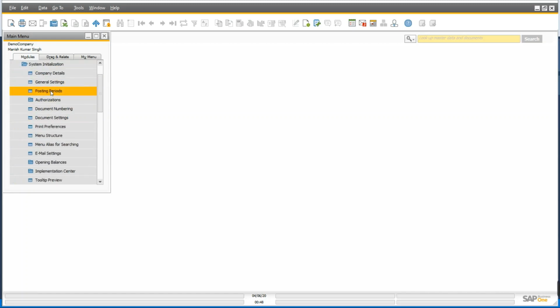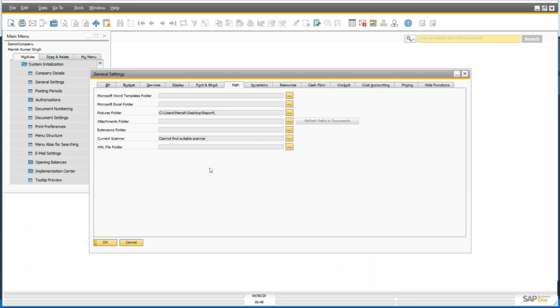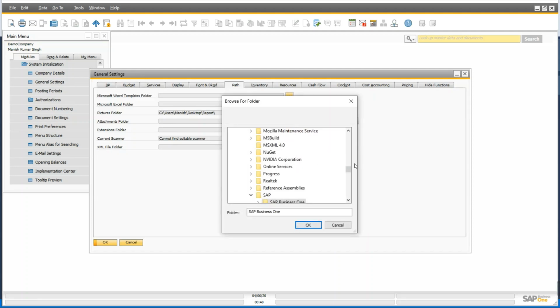You will have to come inside the general settings of the administration module, and here you will define the attachment path. This is the prerequisite before creating the attachment object in SAP Business One through DI API. So let me define this.